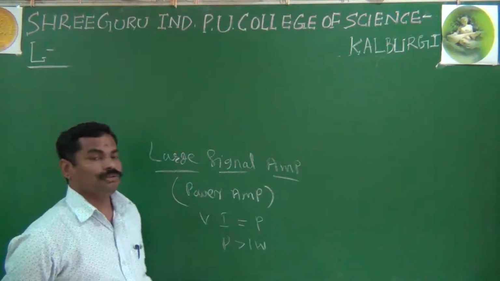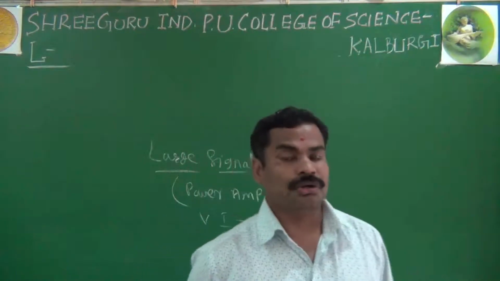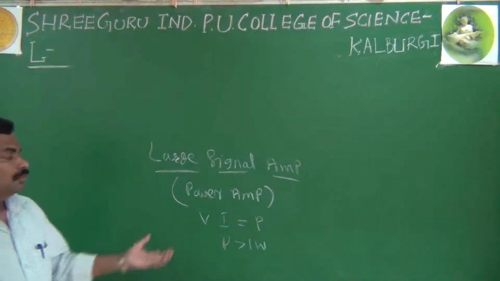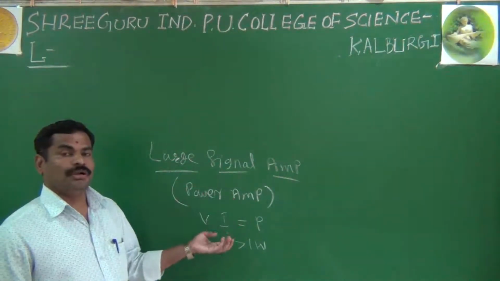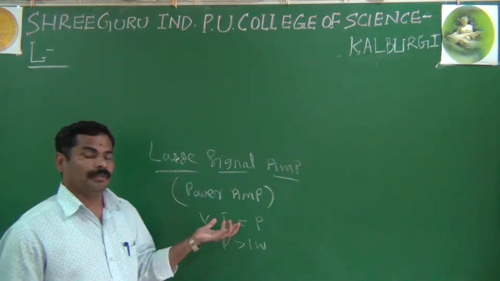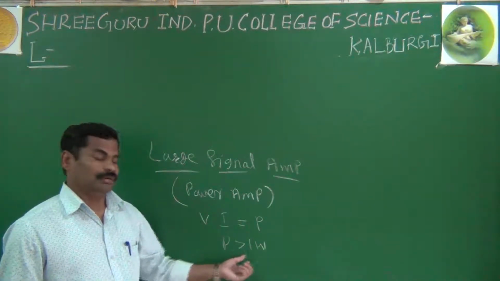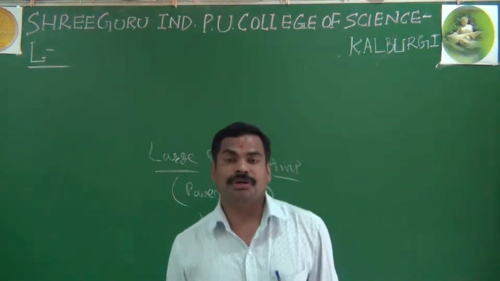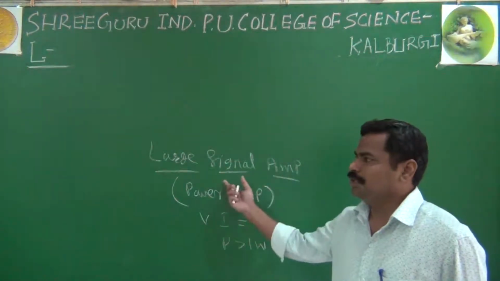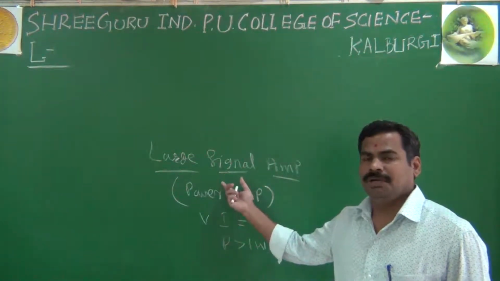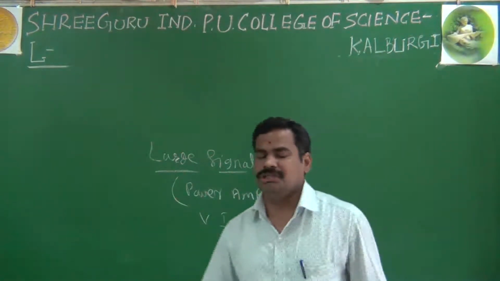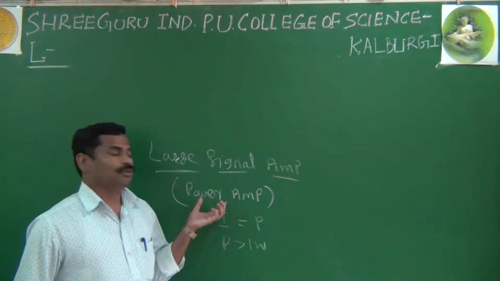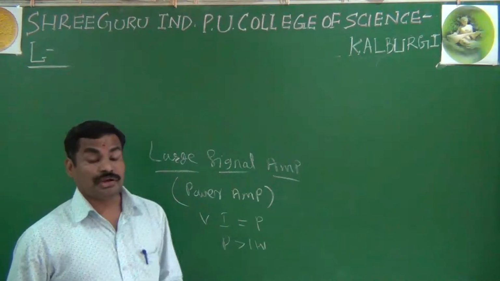These are the important points about your large signal amplifiers. You are increasing the power level of the signal, and because of that the power efficiency is very high. You are applying a large signal and getting much more power, more than 1 watt, and it also has good impedance matching. As I said yesterday, the beta value is very high, the base region is very thick, and the power dissipation is also very high. These are the importance of large signal amplifiers.